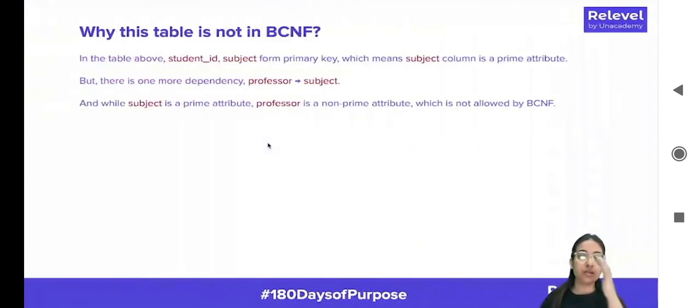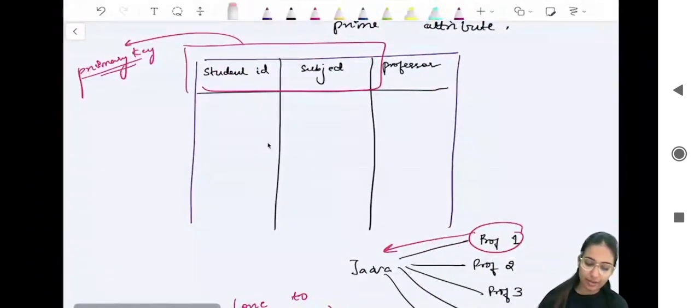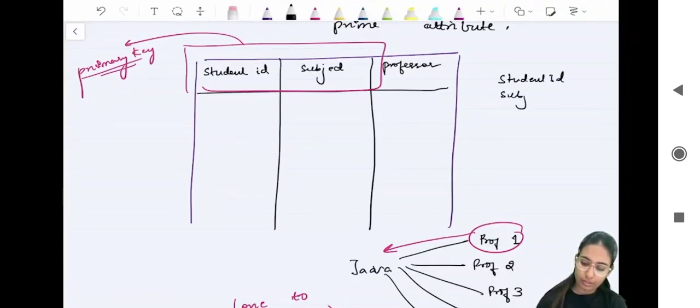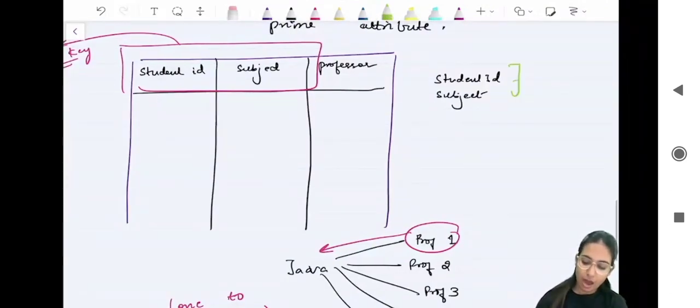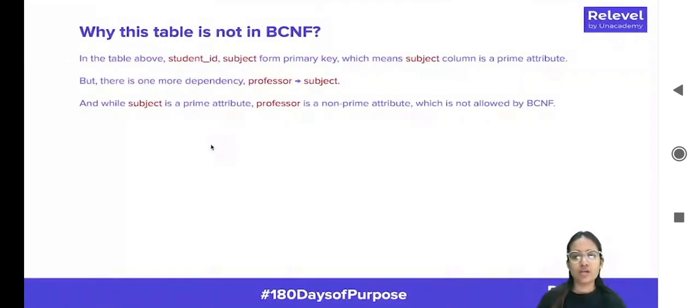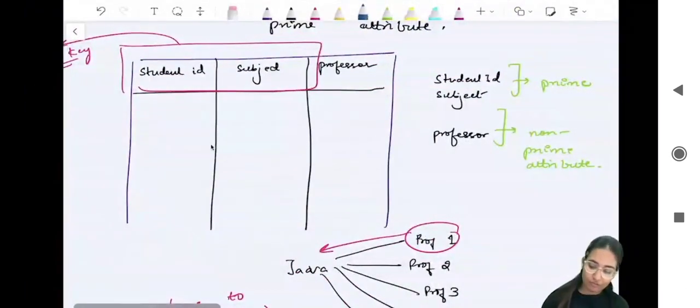So that means here we can say that student ID and subject will be our prime attributes, and professor will be our non-prime attribute. Okay, so student ID and subject form the primary key, which means that student ID and subject both are prime attributes. But there is one more dependency, which is that professor